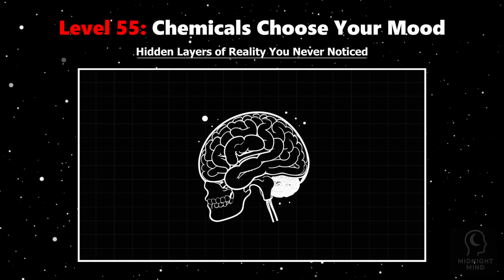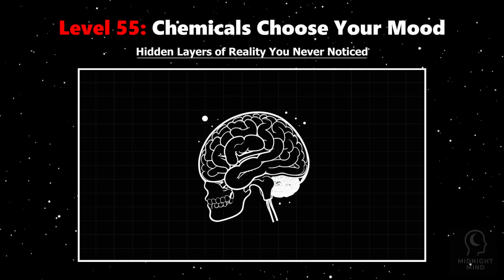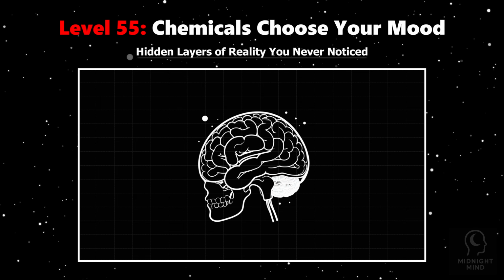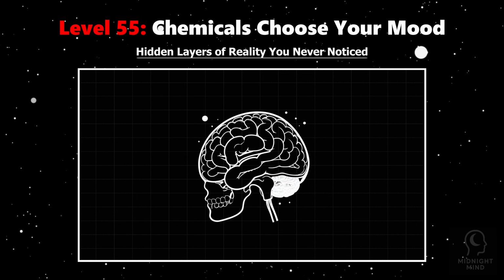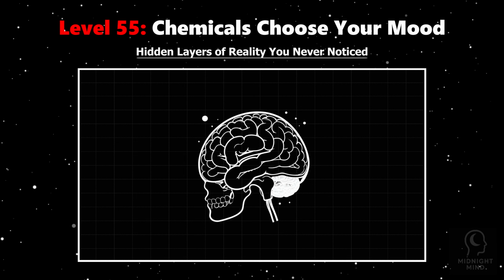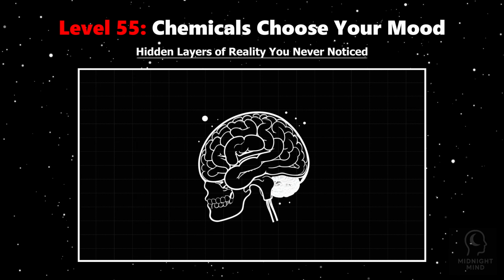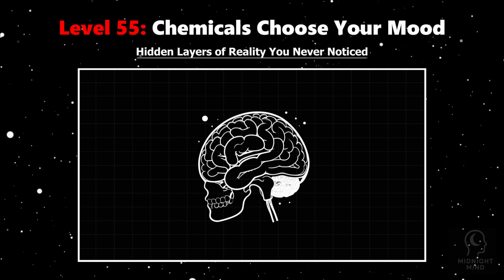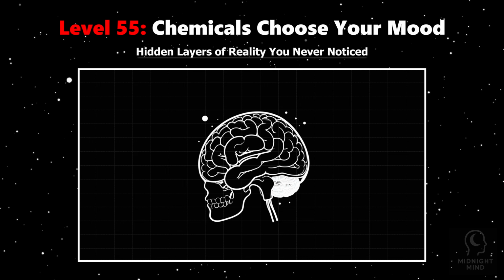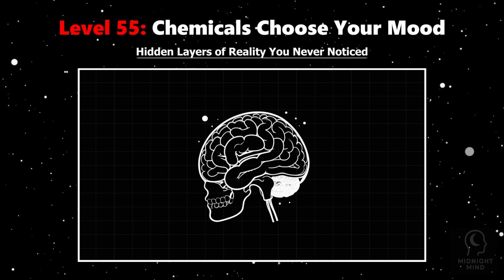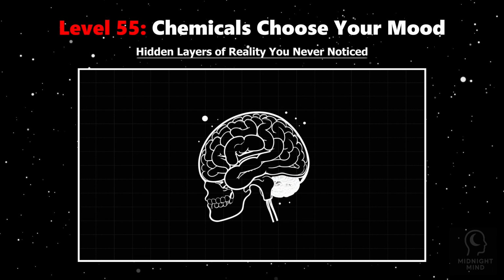This biochemical symphony means your emotional life is a complex interplay between mind and body, genes and environment. You aren't just feeling, you're responding to a vast internal ecosystem signaling what to experience. Understanding this challenges the idea of pure emotional freedom, revealing how biology guides your feelings with subtle, powerful influence.